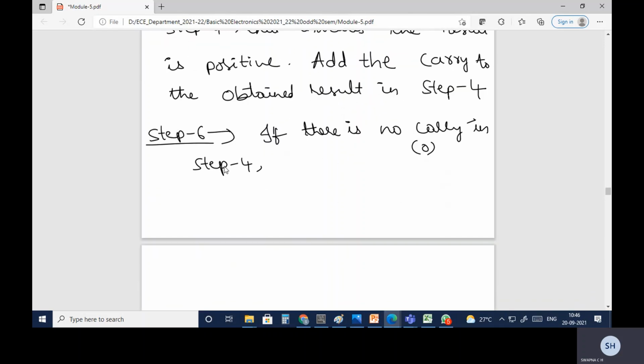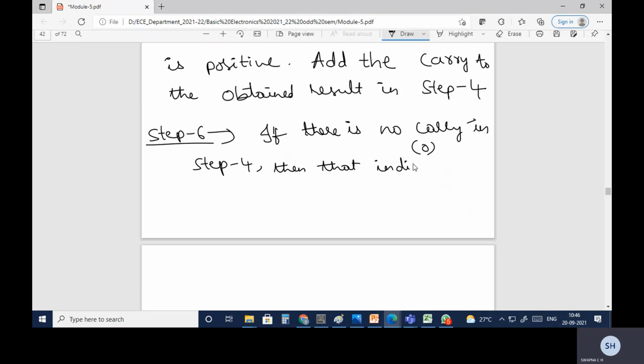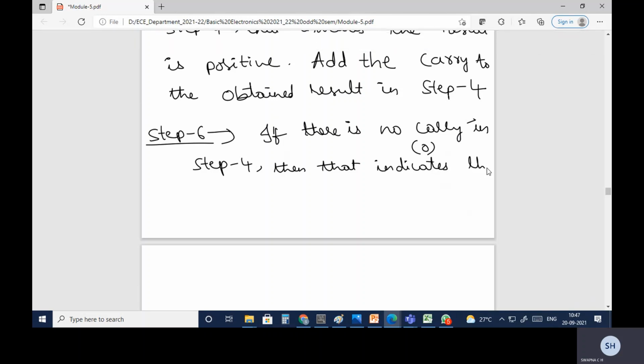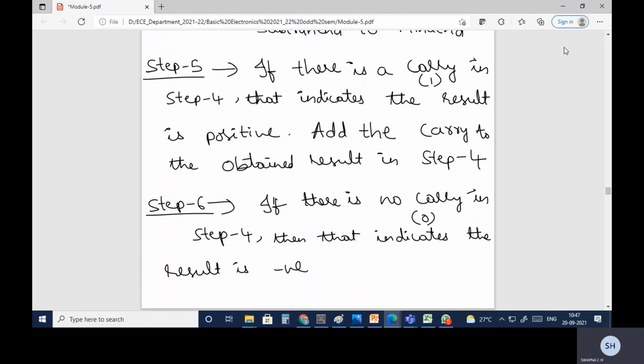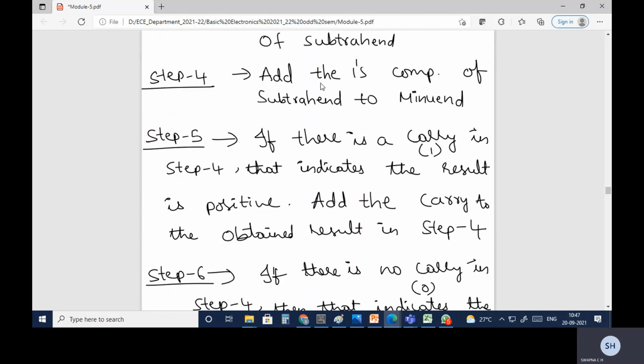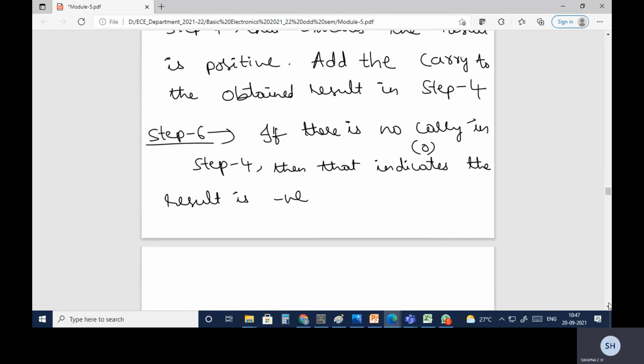So if there is no carry in step 4, then that indicates the result is negative. So in the result of step 4, if the carry value is 0, it indicates no carry, and the result is negative. Then what do you need to do?